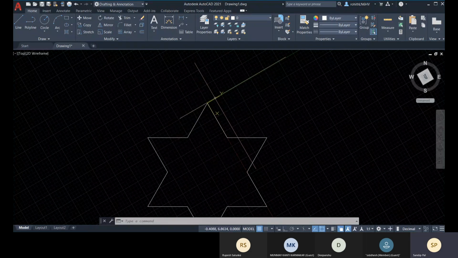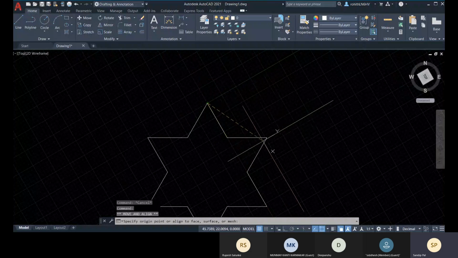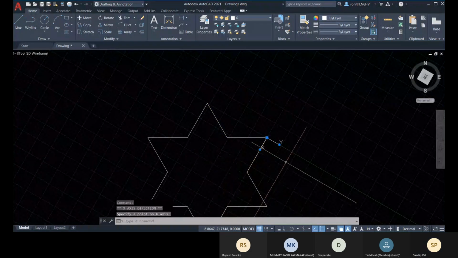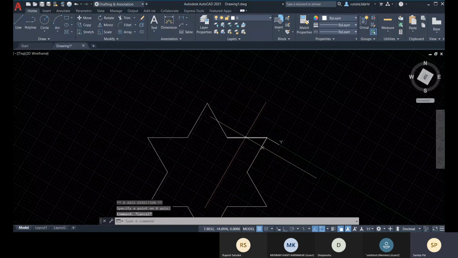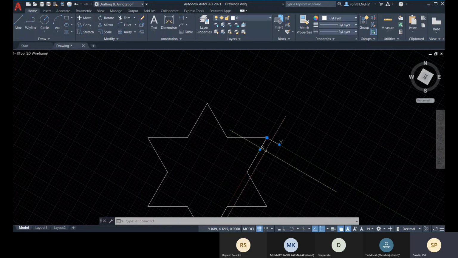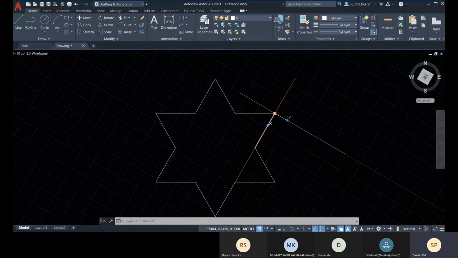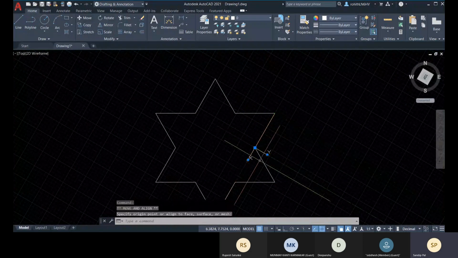Okay. So now let me position it this way. And again, this one goes in the negative direction. This will be -60. So you don't have to worry about the calculation of your angle. And this can be your absolute polar now.